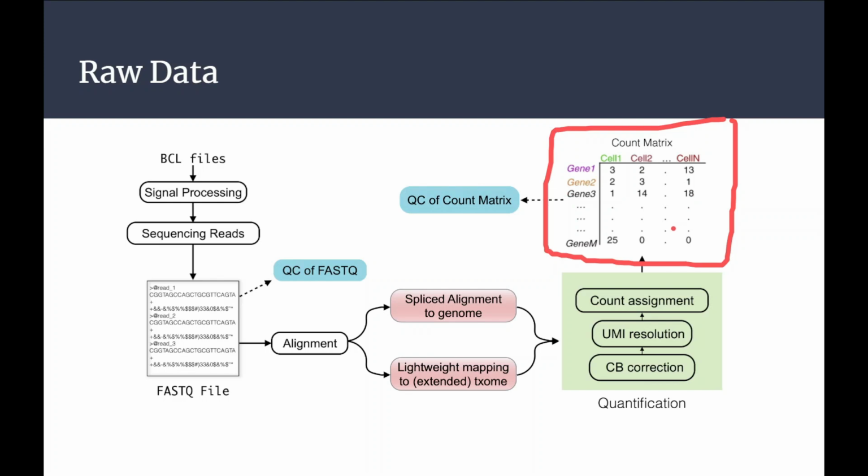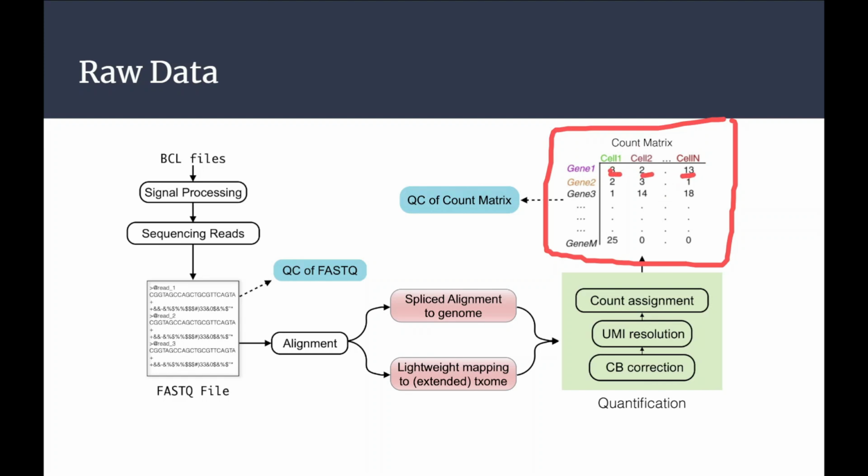And how are we going to read the count matrix? You can say the number of reads, or the number of transcripts, whatever you want to say. Let's say the number of reads mapping to gene 1 is 3, and they are present within cell 1. How many reads for gene 1 are present within cell 2, and within cell n? So this is basically the count. Count means the expression profile.